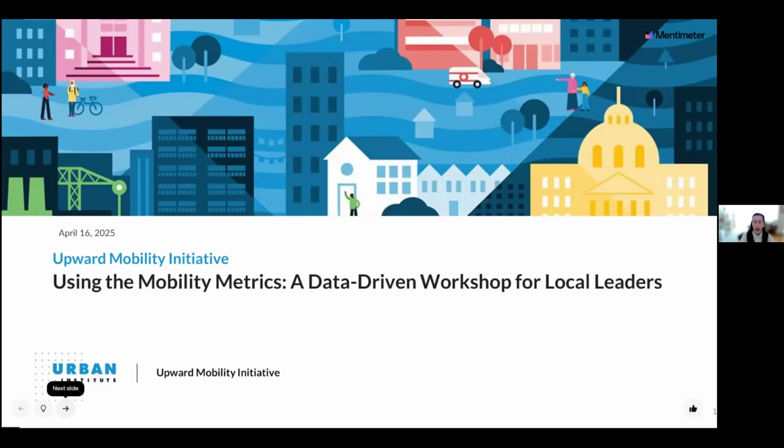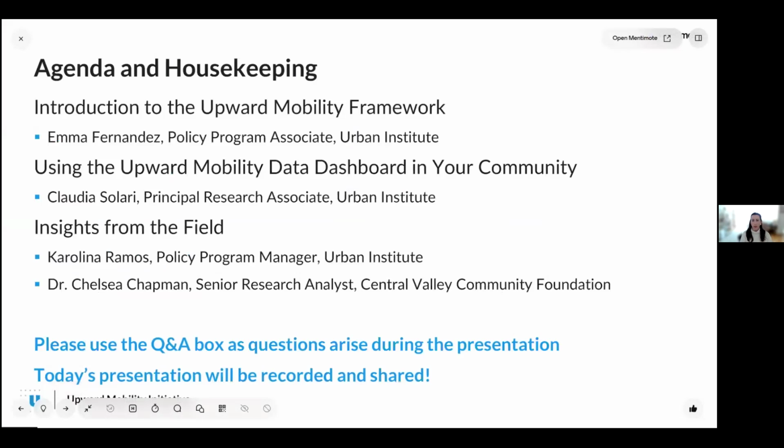We can go to the next slide and I'll give us an overview of our agenda for today. So I am going to cover an introduction to our upward mobility framework. Then we're going to take a deep dive into our upward mobility data dashboard, which is a tool that you can use to use our mobility metrics in your local community. After that, we're so thankful to be joined by Dr. Chelsea Chapman from Fresno,